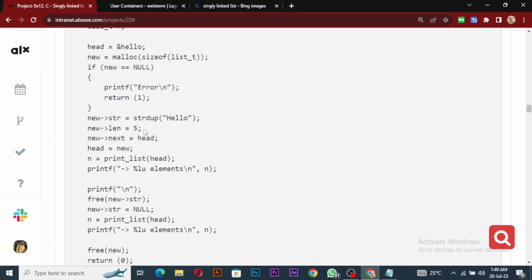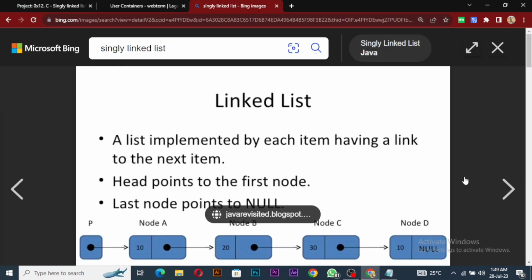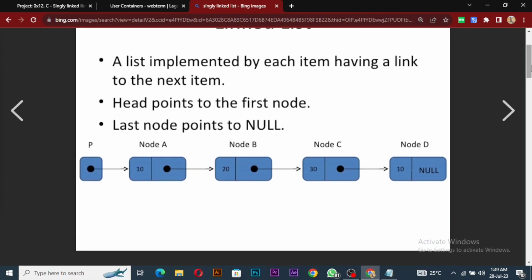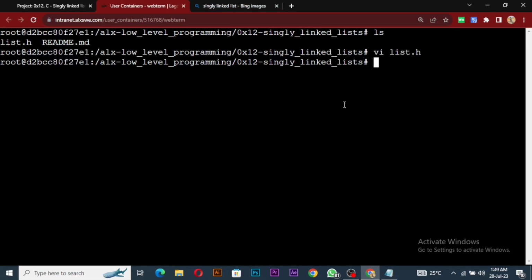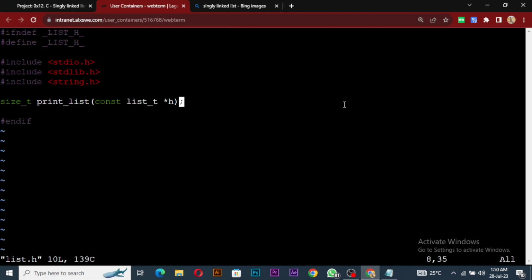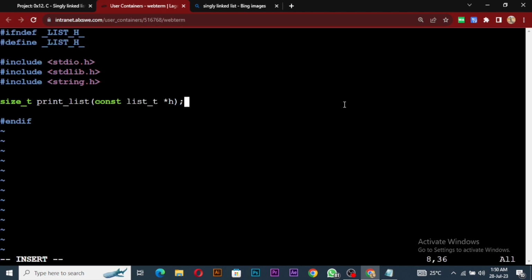So it contains the string and the string length. It means that this singly linked list that we are doing here is not just one piece of data. It's containing a string, characters, and then the length of the string, and also this pointer to the next, right? So we would add the struct to, I think throughout we'll be using that same struct. So we'll add it to our